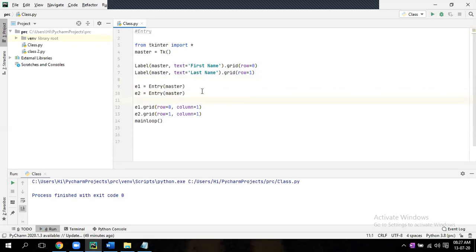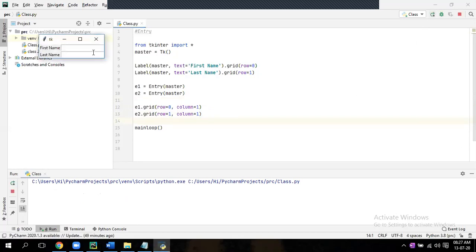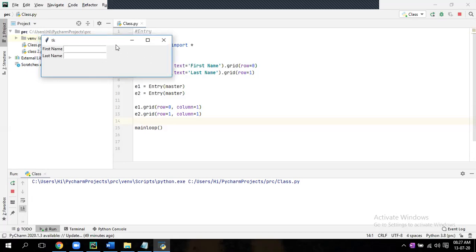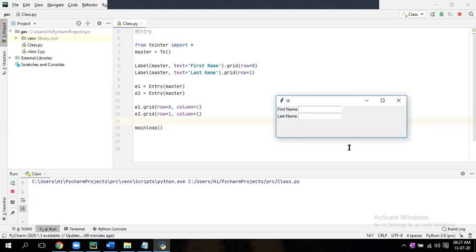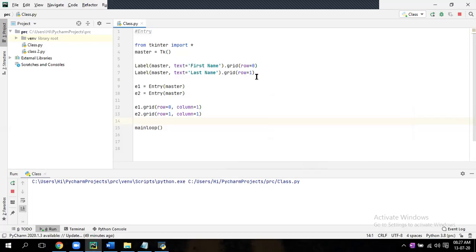That's why you should first segregate. Now run it. Suppose you want first name, last name like this. So you can do it. Now suppose I tell you to do one middle name also, in between. Okay, now do.